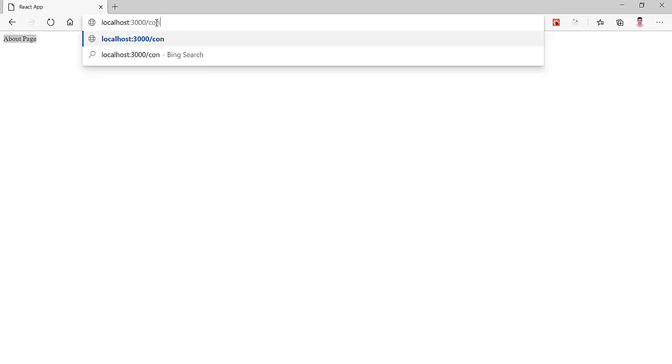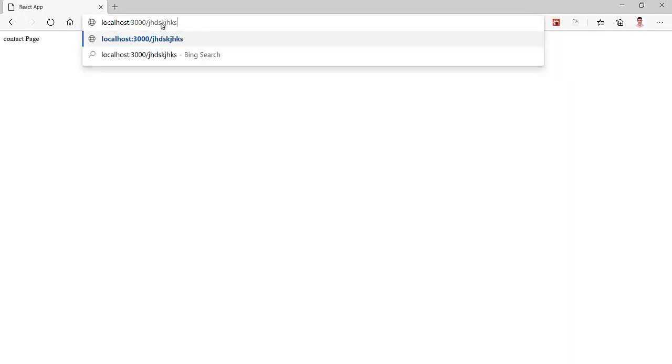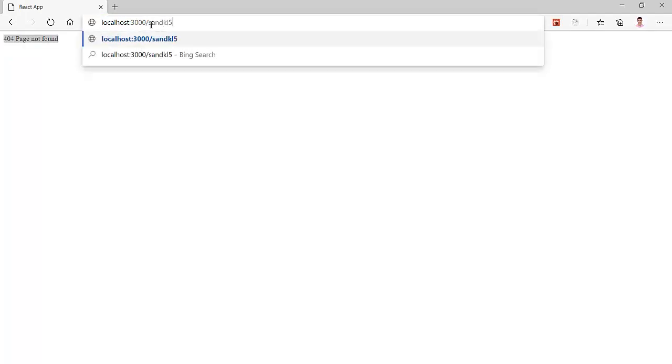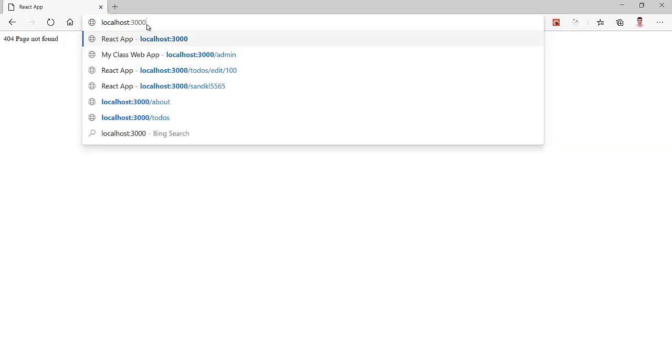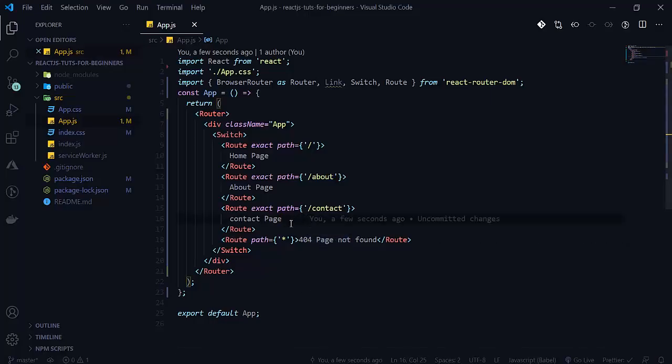So now I think it is compiled successfully, and when I go to the about section here, see that the about page is coming, and then I will go to contact here. See that our contact page is coming. When I go to a random page here, see that 404 page not found. When I write anything here, 404 page not found. So now how can we define our parametric route here? This is a simple route here. So now let's define our parametric route.